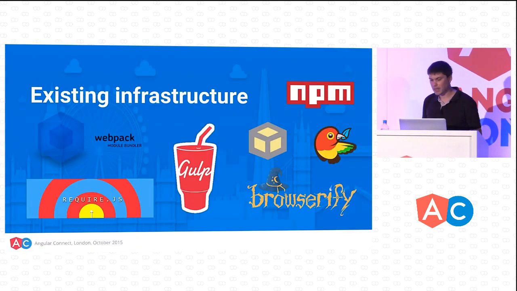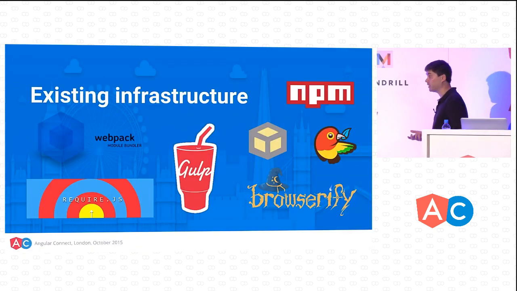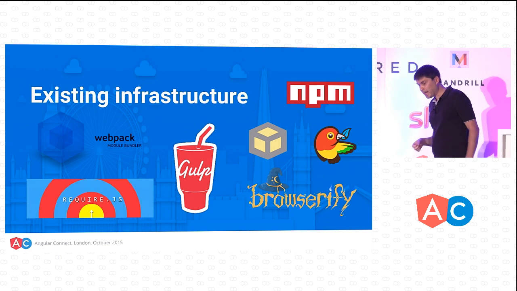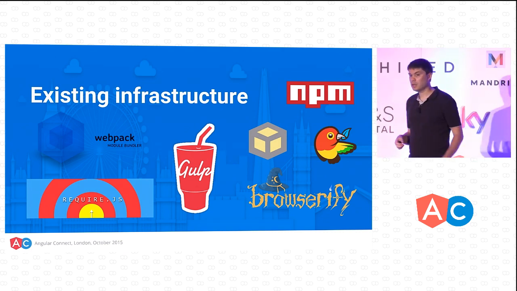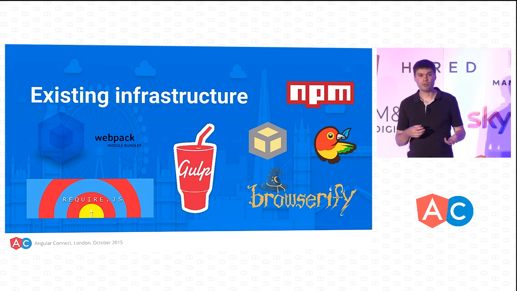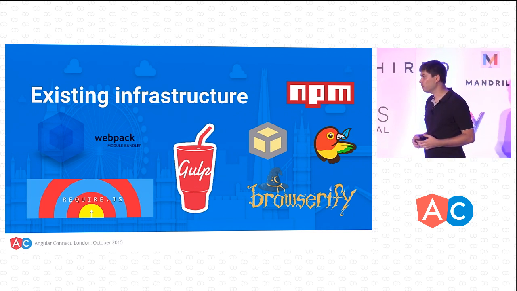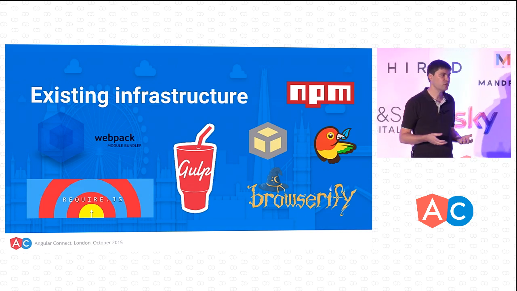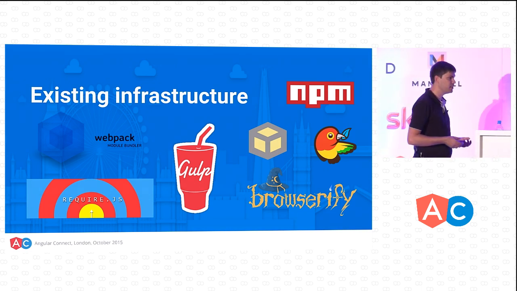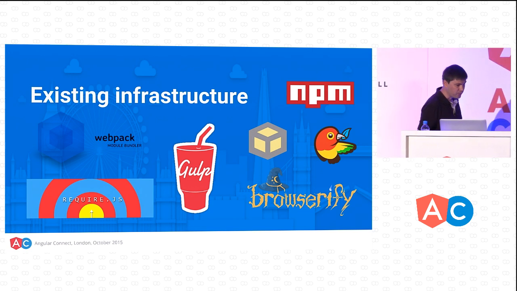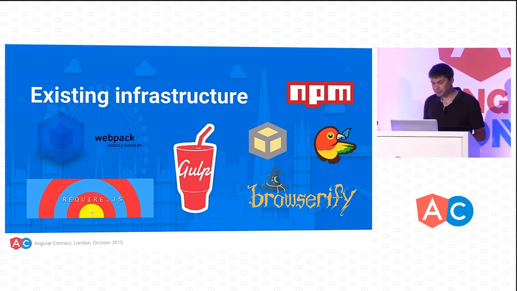Now, I'm sure that part of you were listening to me, like, what is this guy talking about? There's no specification, we are building on sand. Once again, I know my tooling, and I want to use things that I know perfectly. And it is true, as soon as the transpiler can output CommonJS or AMD or any other format that you are used to working with, you can use your existing tooling. You can use your existing infrastructure to set up a build.